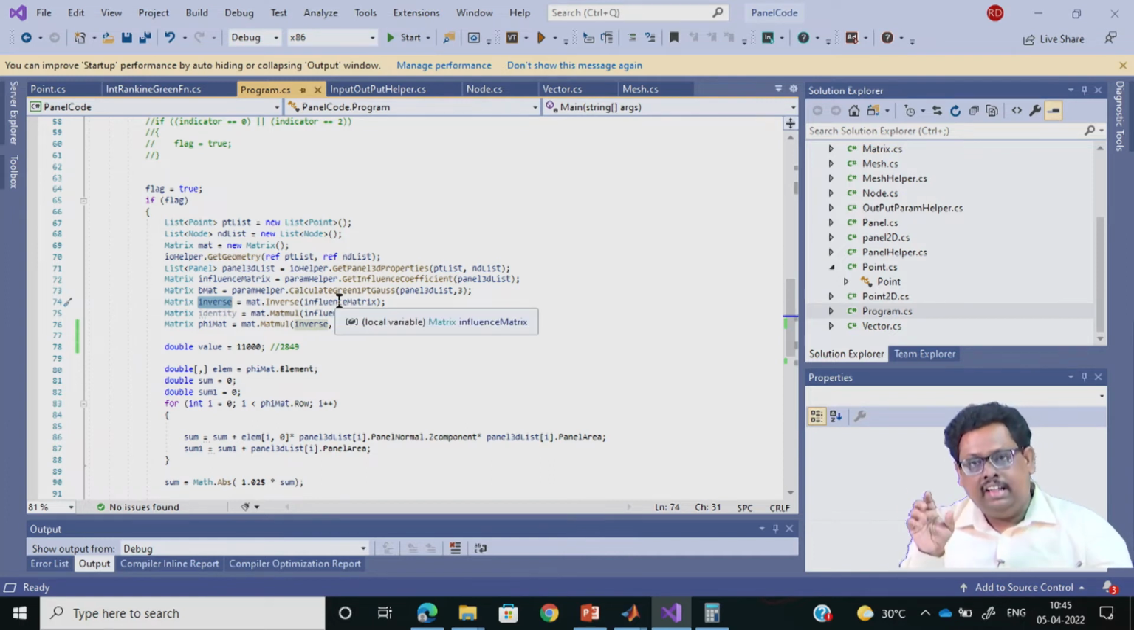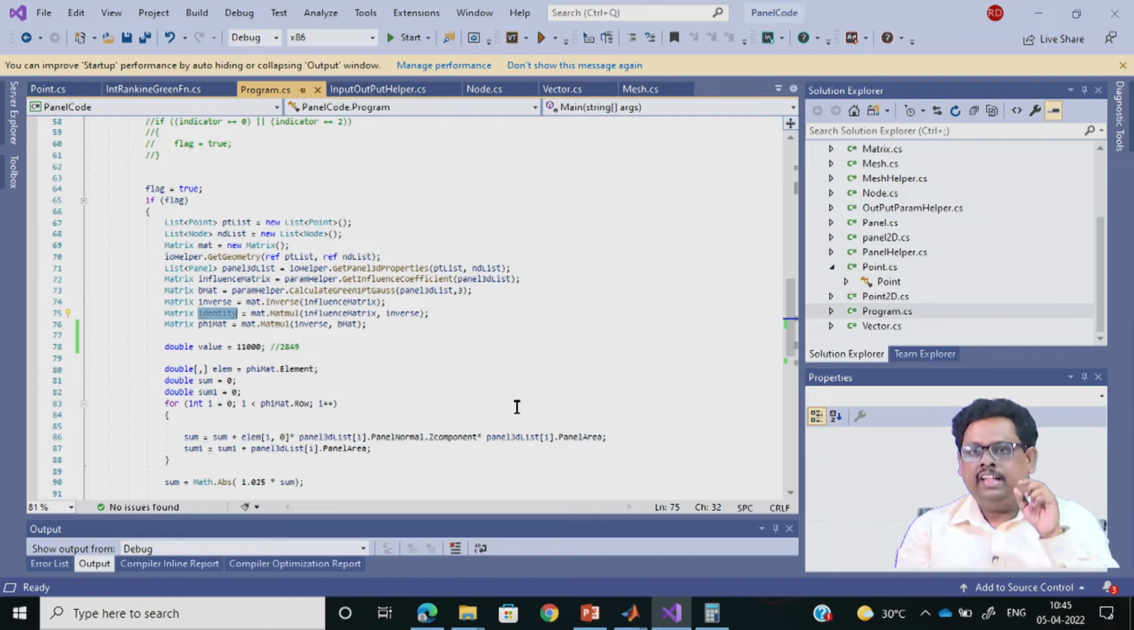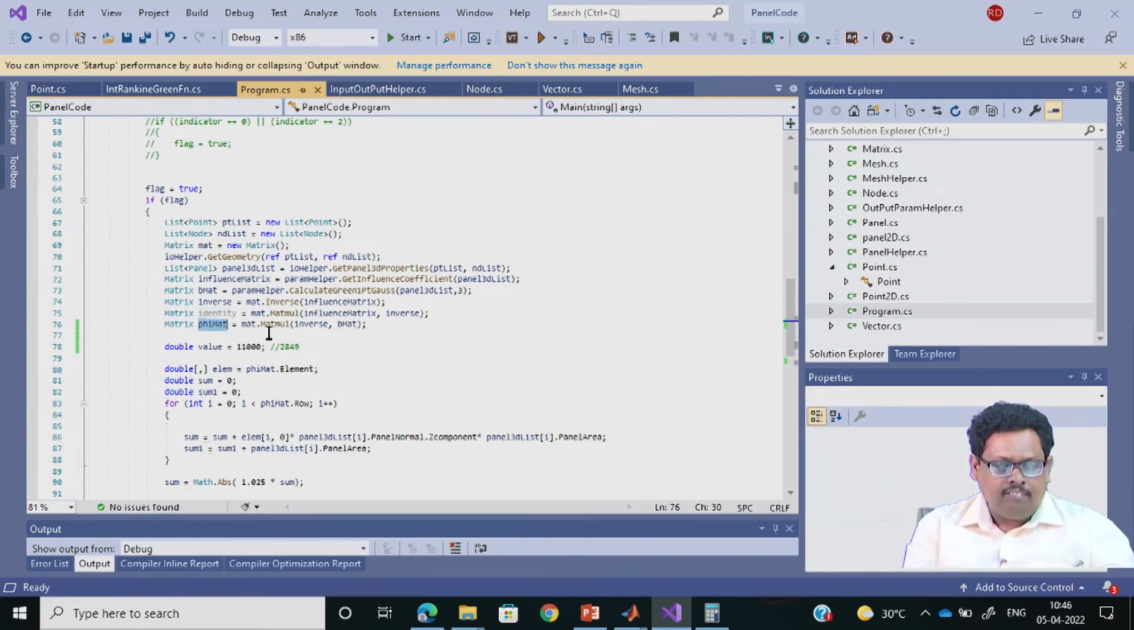So, A is the influence matrix. Here I am finding out the A inverse, and then, very simple, I just find the identity, it is a check. The check is that I try to find out whether, if I multiply the influence matrix with the inverse matrix, A inverse should be equal to I. So, this is the check. This check tells me that yes, your inverse program is correct. Once you do that, I am using the matrix multiplication A inverse into B,